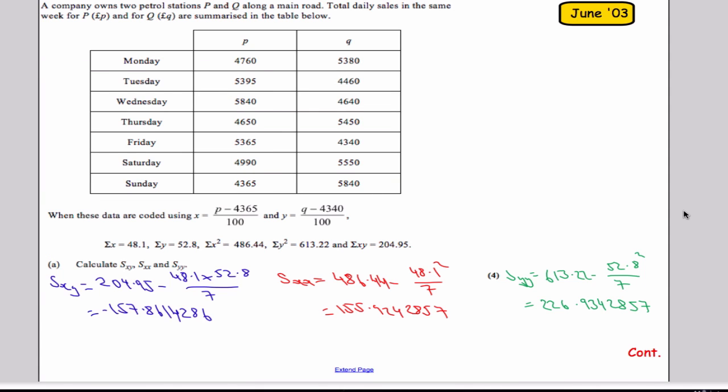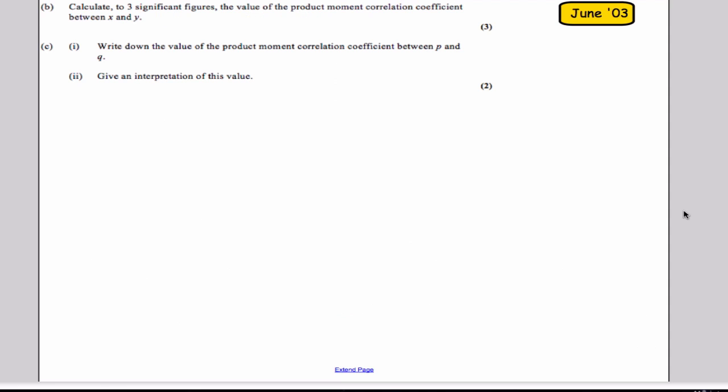Okay, so that's SXY, SXX, and SYY. Let's see what the rest of the question asks. Calculate to 3 sig fig the value of the PMCC. And then it asks to write down the value of the PMCC for P and Q, and then give an interpretation of the value. So, alright, I need the PMCC,